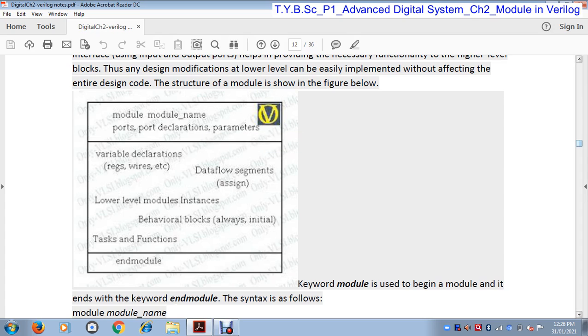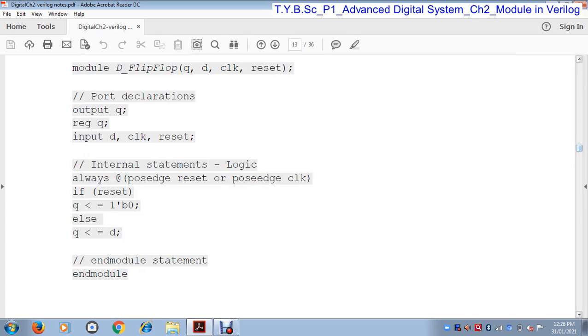So just take the example of port declaration. Here we define the module. The module is a D flip-flop, and these are the elements that we use in a D flip-flop. These are the parameters. Now we define the output parameter. Q is our output parameter.